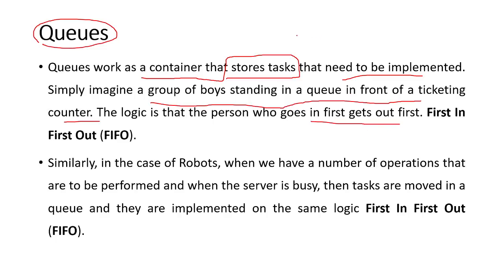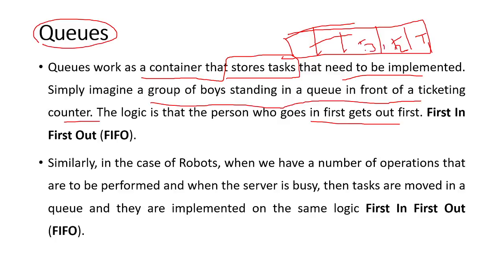Whenever a task has been handed over to the server, and if the server is busy, a queue will be maintained in the server. Obviously the first task will enter here, the second task will enter here, the next task will enter here, from the rear end. A queue has a front end and a rear end, right? Tasks will enter the queue, and the Orchestrator server will refer to the queue in order to process the tasks present inside it in first in first out order.